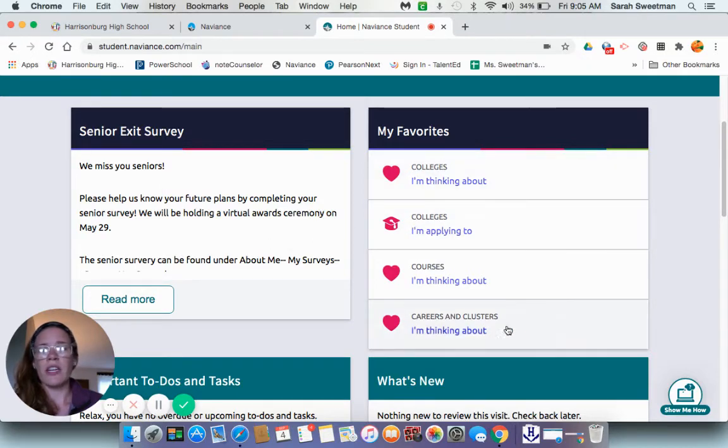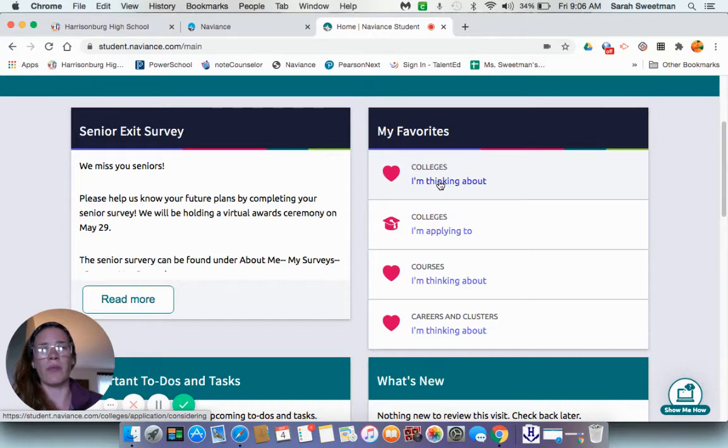This box over here you might reference a lot in regards to the application process. And so for you all that might be just starting this looking and figuring out what schools you want to apply to process, you can always start with this link here, the colleges I'm thinking about. So this can be a good tool for you in regards to looking up schools, getting information about schools, and just keeping a list for reference as you go through and make those final decisions of the schools you want